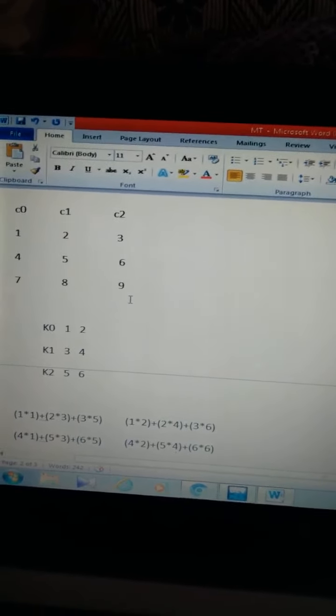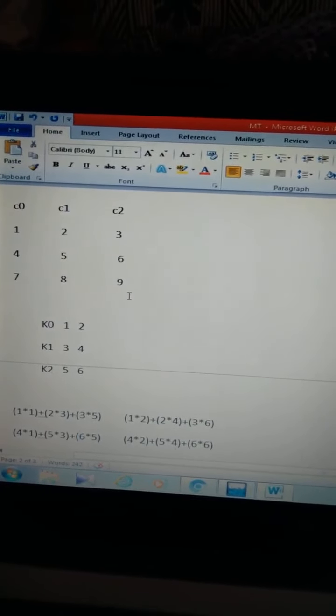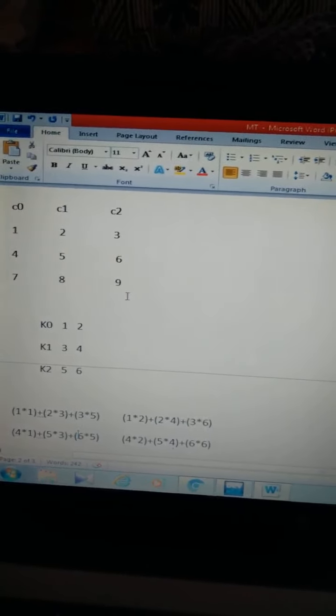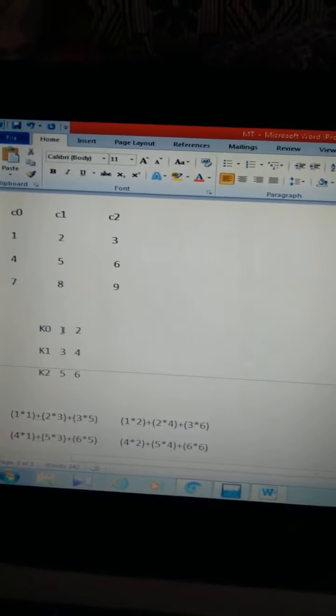We have the first matrix of order 3 cross 3 and the second matrix of order 3 cross 2. Then K should run to cover the number of elements, 3. For that purpose we have taken K values as 1, 2, 3.